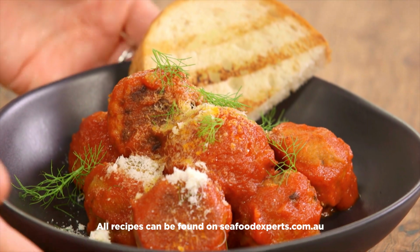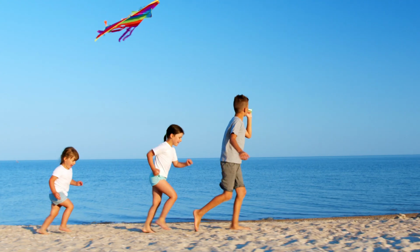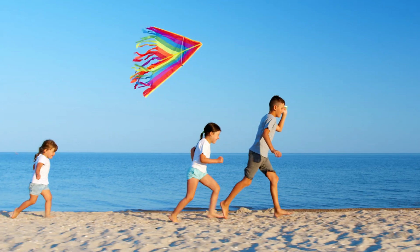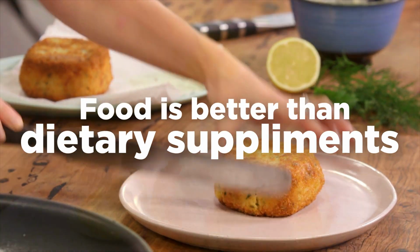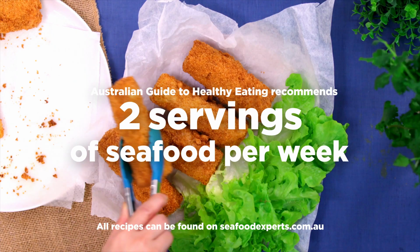Including seafood in your child's diet is one way to help manage the symptoms associated with ADHD, as it improves brain function and behaviour. Research suggests that children with ADHD have lower blood levels of omega-3 fat. Research also puts food over dietary supplements, and the Australian Guide to Healthy Eating recommends at least 2 servings of